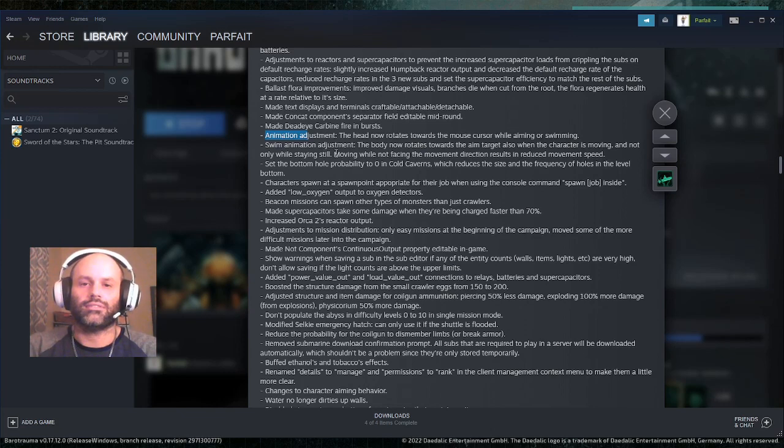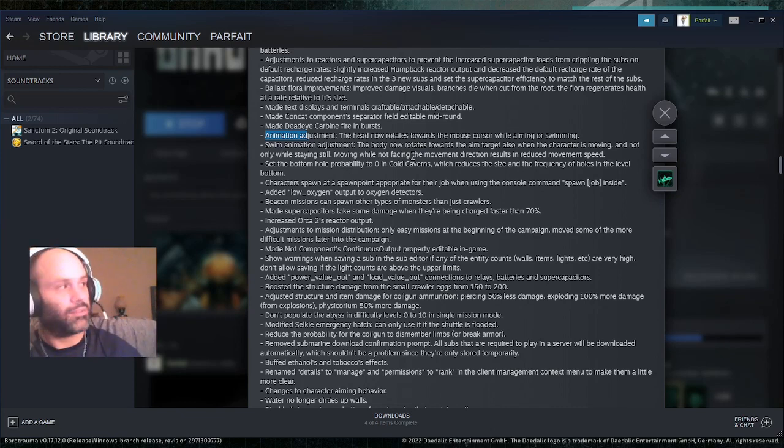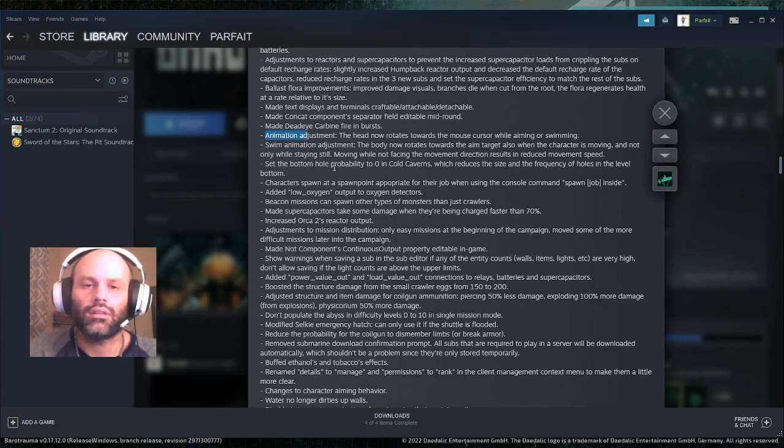Swim animation adjustment. The body now rotates towards the aim target. Oh, okay, perfect. So that's the same thing. Your body rotates and your head rotates. So like you would. Because what person on Earth flips the gun behind them? Okay,